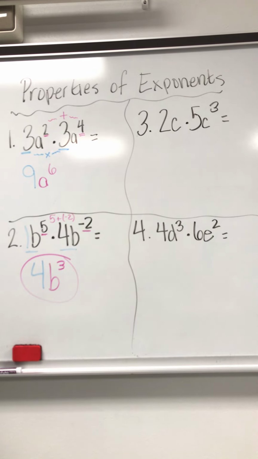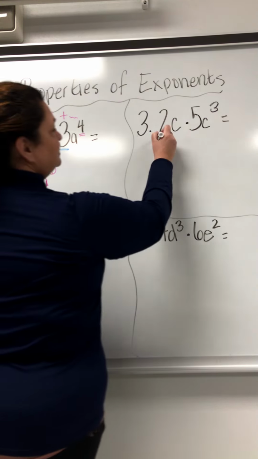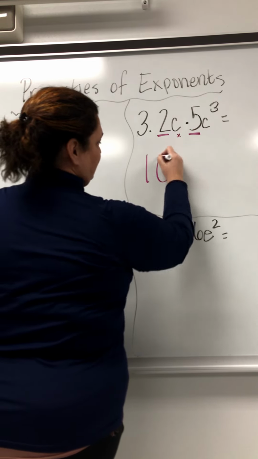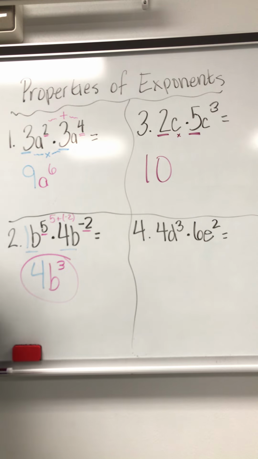I'm going to use a different color over here because it's just fun. We have 2c times 5c to the third. So we'll look at our 2 and our 5, and we're going to multiply those together to give us 10. And then we have,